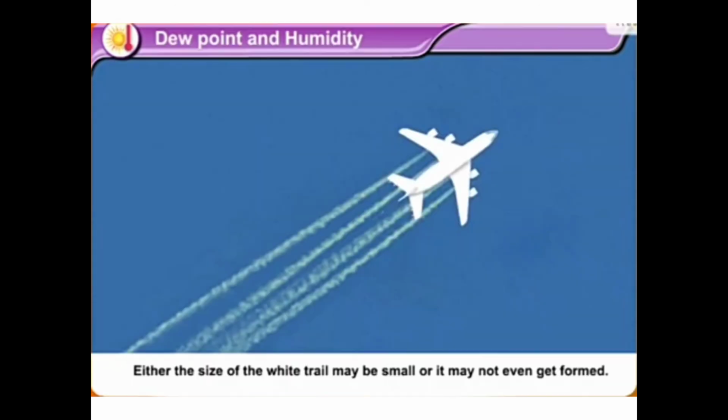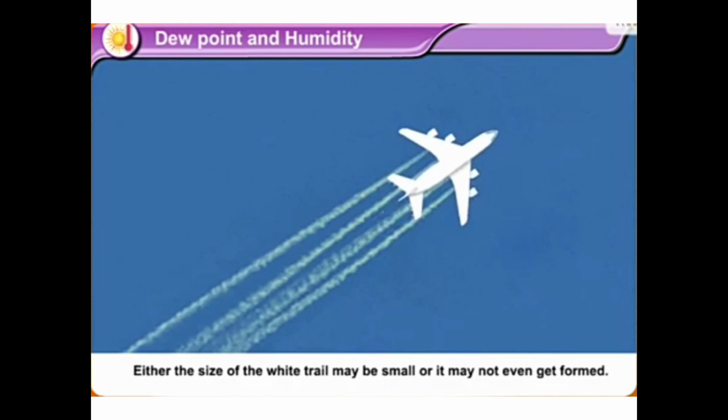Right? Now, the last part talks about the winter season. You must have observed the white trail at the back of a flying plane in the clear sky. As the plane flies, the water vapor released by the aeroplane condenses and forms a cloud. So you can see here the formation of cloud due to condensation.